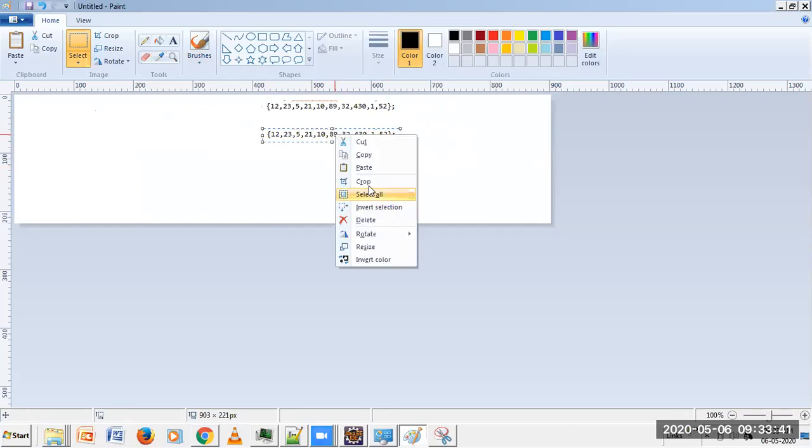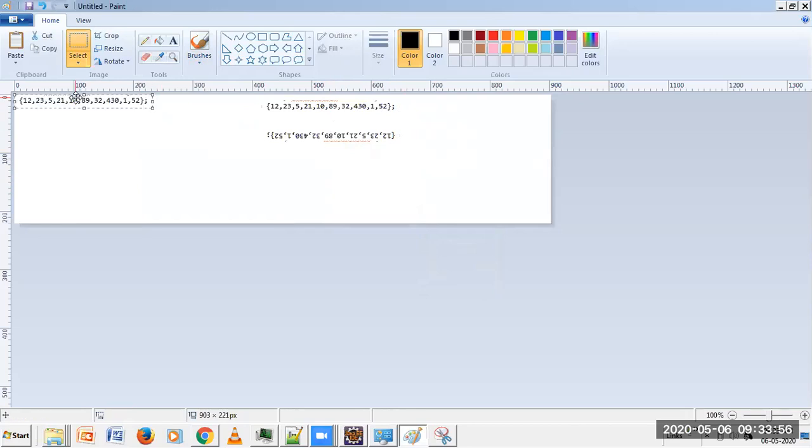Now you can see, I'll just flip, rotate by 180 degrees. And then again, if I reverse, it will come to the original array. It will be like 52, 1, 430, 32. I'll have these type of values, right?